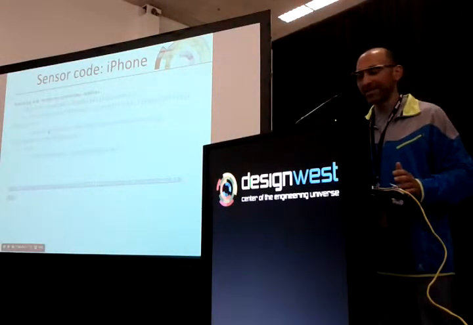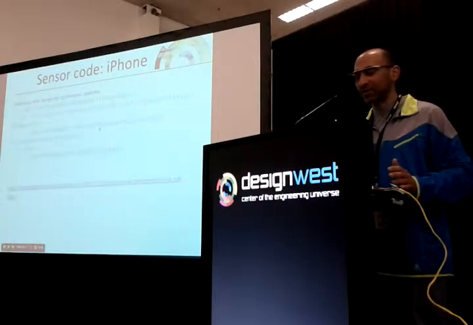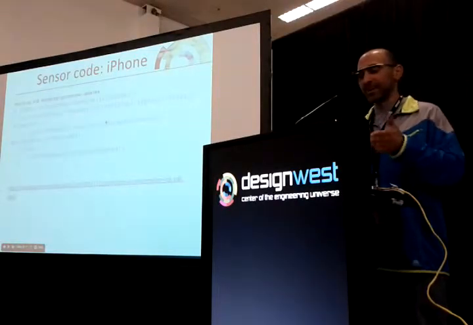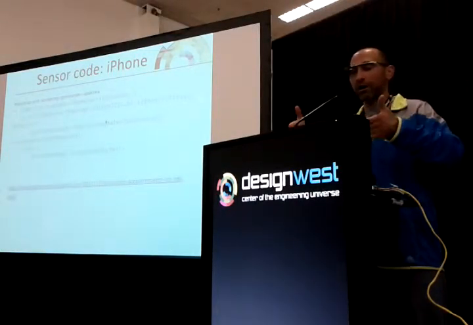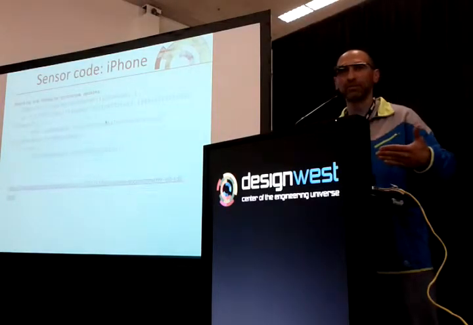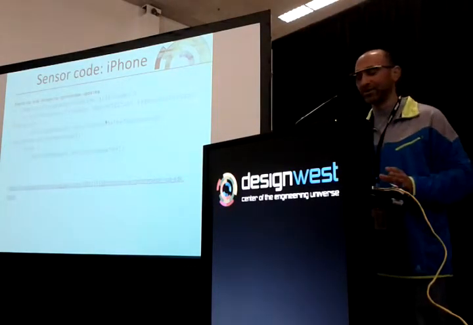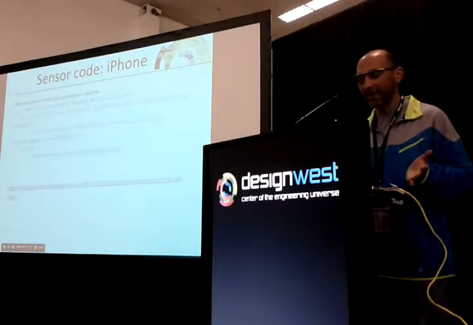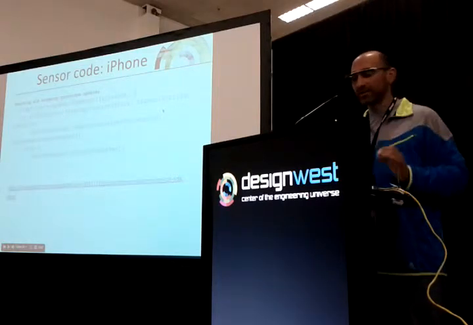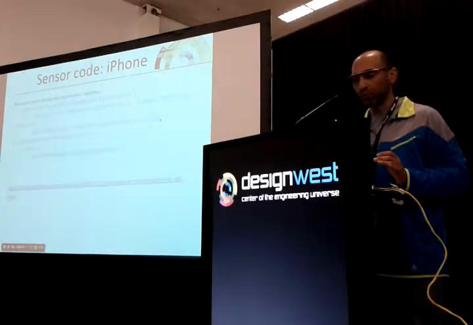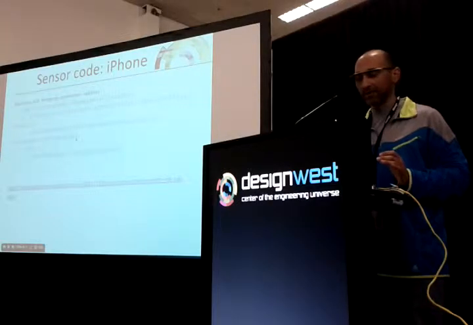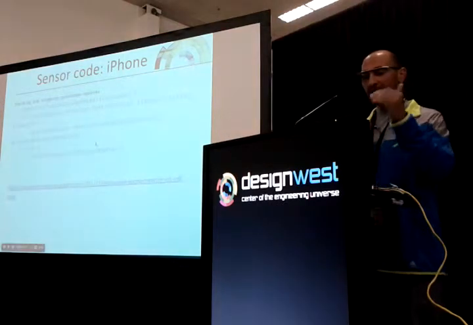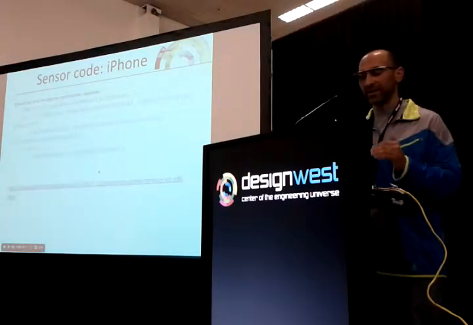In Objective-C, it's fragmented through it. So what you see is this is the object, and the method name is start gyroscope update to queue with handler. So you see that in Objective-C, the method call and the arguments are interspersed with each other, right? It's very unusual, but that's how Objective-C does it. So this is the method, start gyro update with handler, and the arguments are OPQ gyro handler. So that's how you make a method call in Objective-C. And here we can see if the button is started, it starts up.